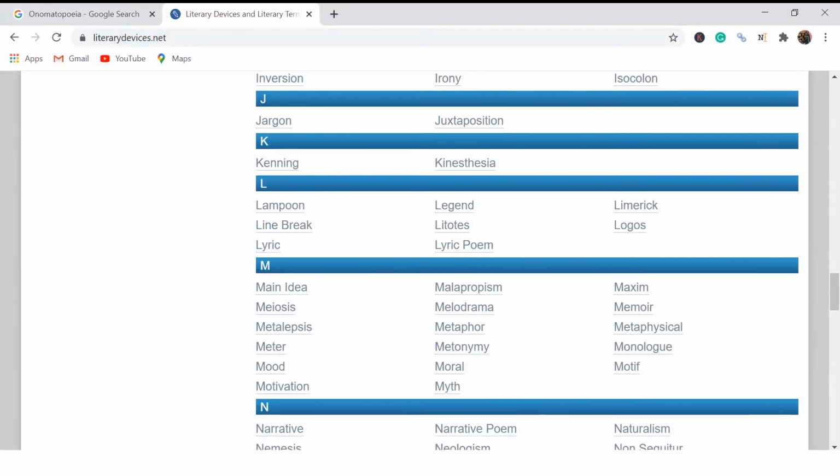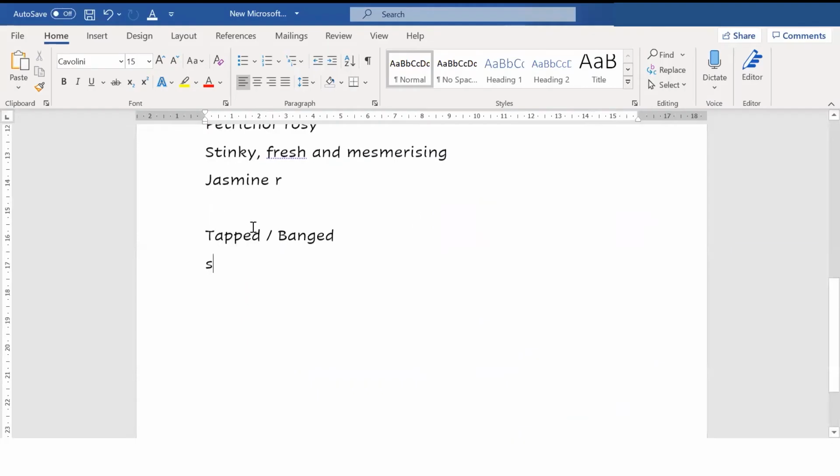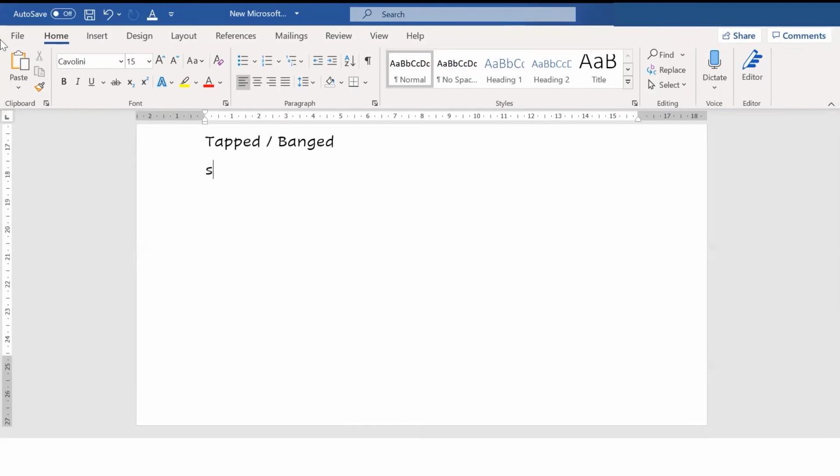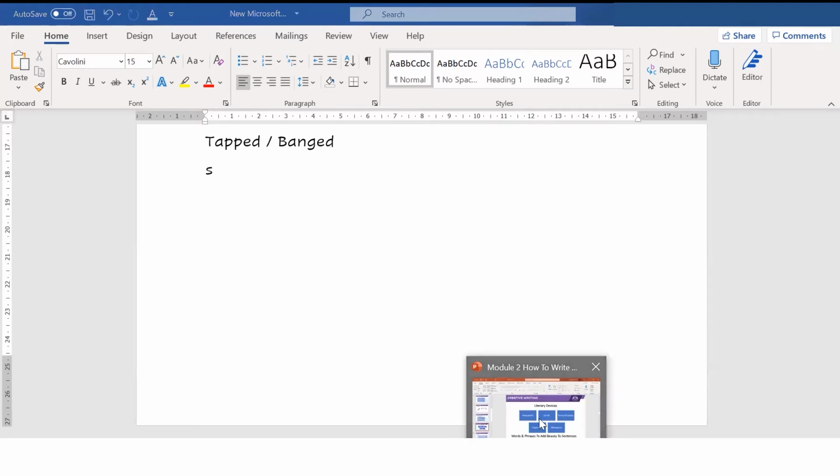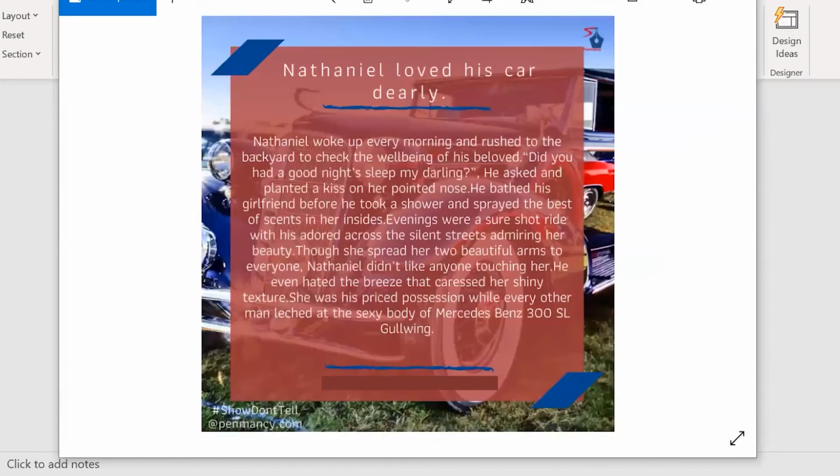But metaphors, similes, and personification are a few things that you need to keep in mind to create the visual in the reader's mind. You must use them regularly in your content. So let me tell you what metaphors are.